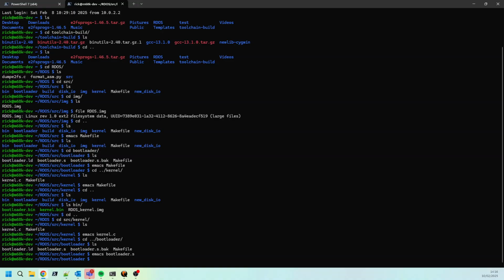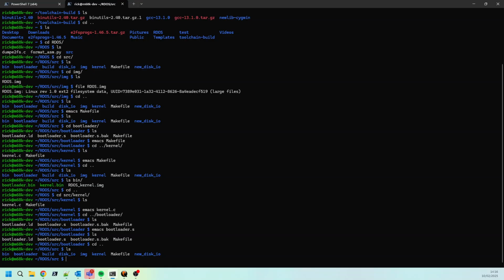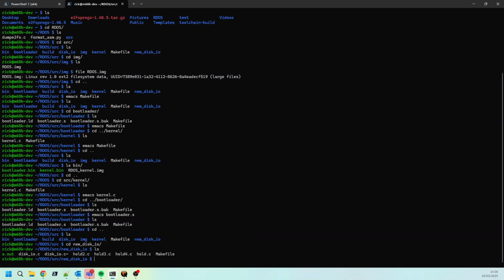Now, some of the problems and challenges I've encountered are a lot of missing dependencies on the GCC compilation. So I've had to install libraries like GMP, MPFR, MPC, and then reconfigure the build. The bootloader failed to locate the kernel, and so I had to work out why I was not reading it properly. I initially was going to disk IO, and I had what I thought were working processes. They didn't work. So I created this new directory, and in this,